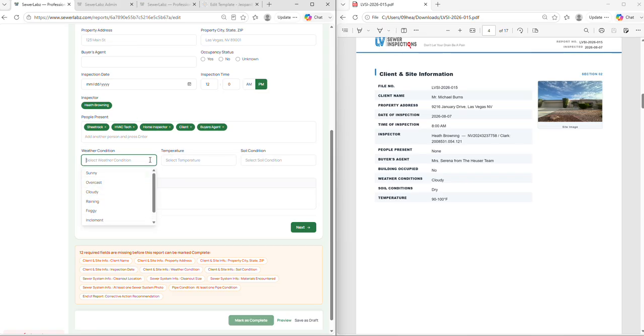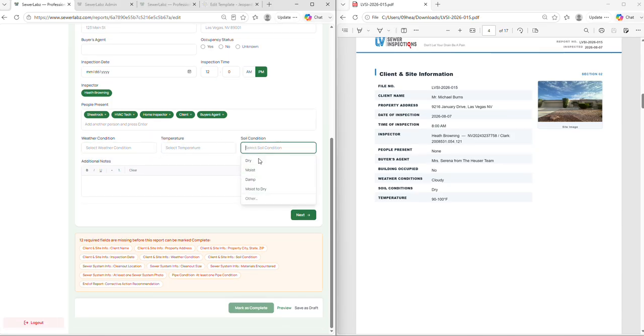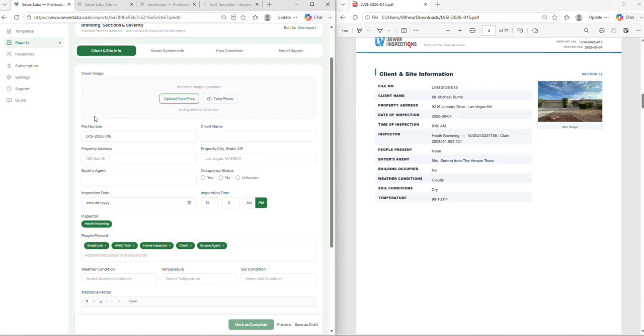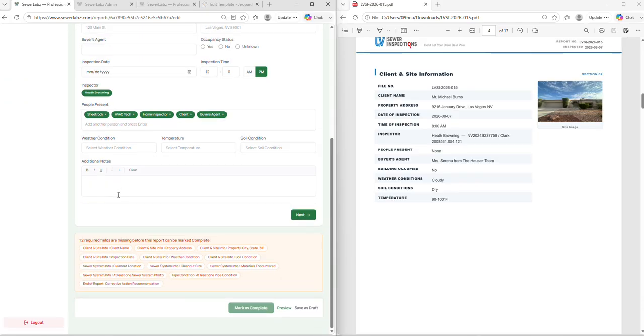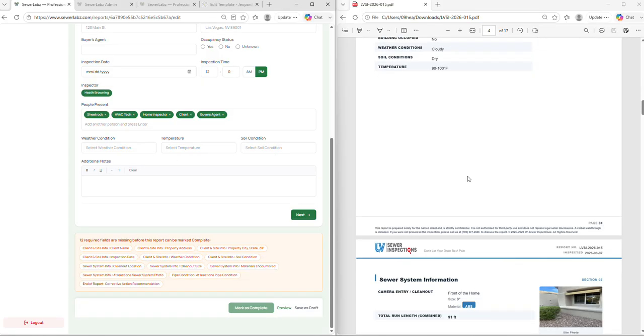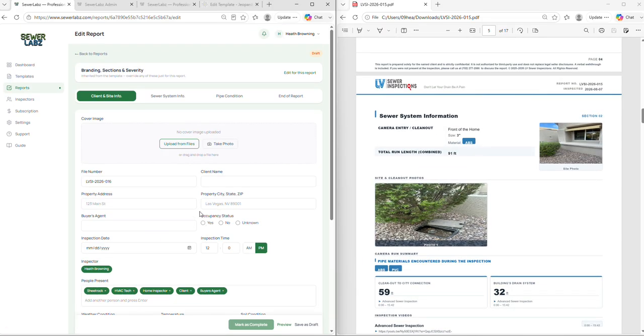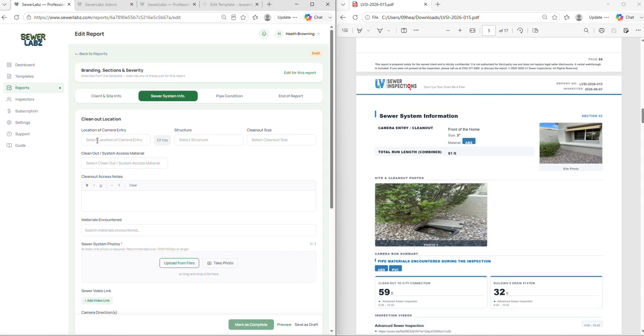Weather conditions, again, anything that has a drop box, you can add and select, add, delete within that template generation. As promised, you have additional notes at the end of every section. I understand this template might not fit everybody's needs, so hopefully the additional notes section catches any oddball items or requests that we might not have captured. So yeah, I'm not gonna go fill that all out, but next we go to